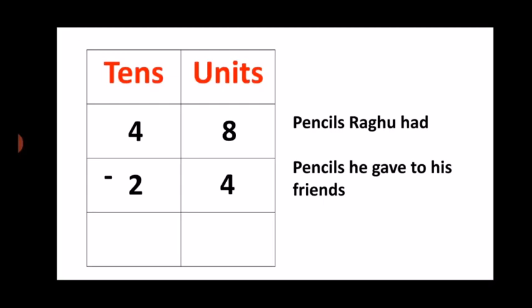Now what we will do here? We are going to subtract. First we shall subtract the units place. Tell me the numbers of the units place. Yes, that is 8 minus 4. So 8 minus 4 is equal to 4 units. Very good. Now tell me the numbers